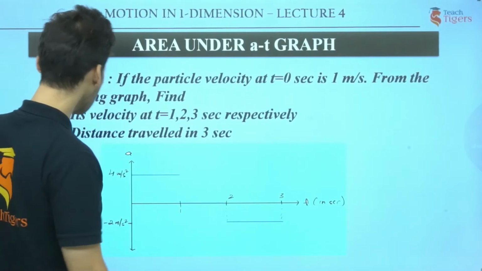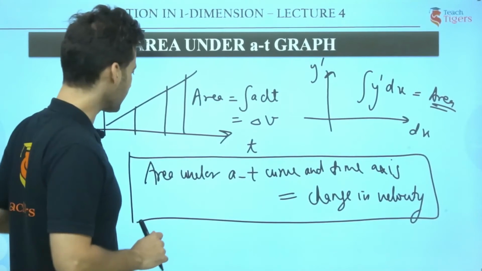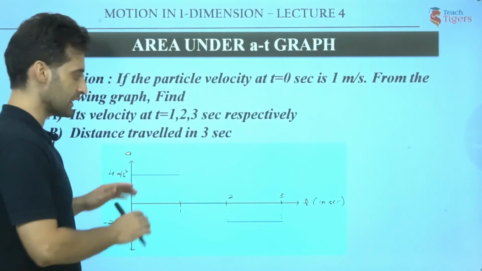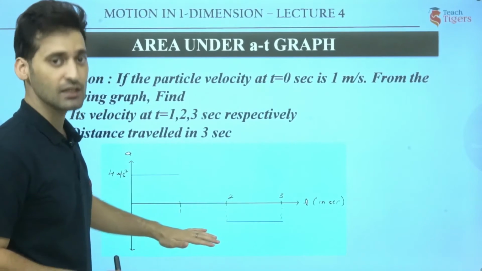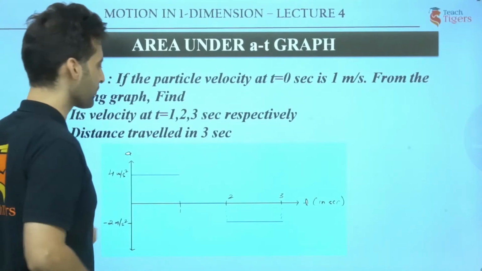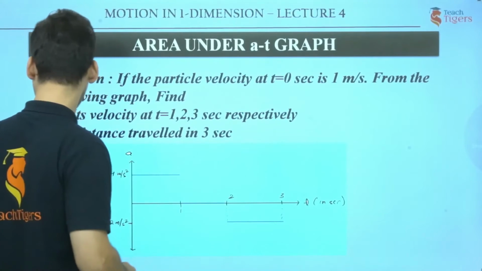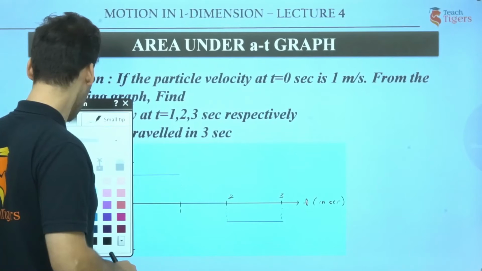And similarly, in the previous concept we understood that there are two areas: one is above the time axis and one is below the time axis. We will also try to understand here what it means exactly. Now you see the question here. इस क्वेश्चन में क्या है?